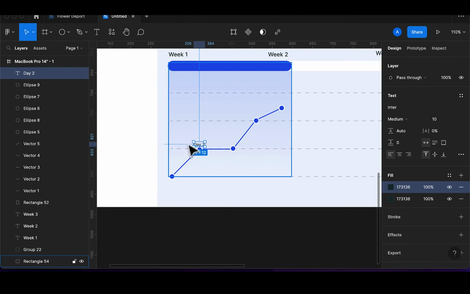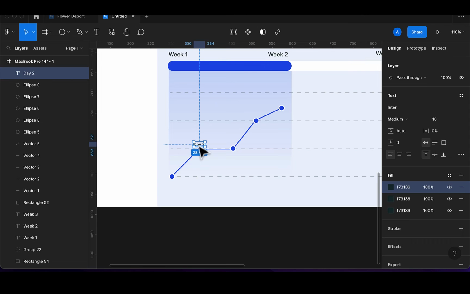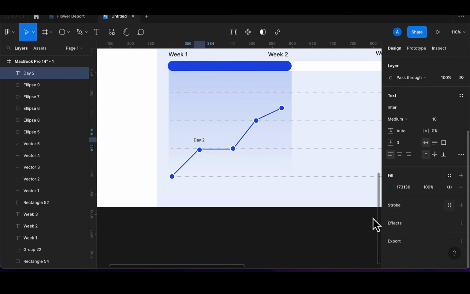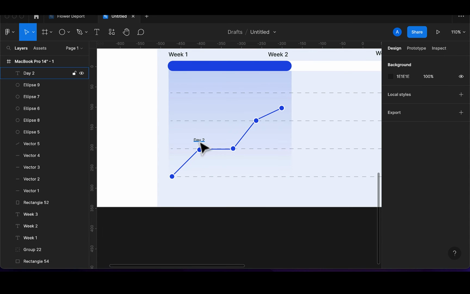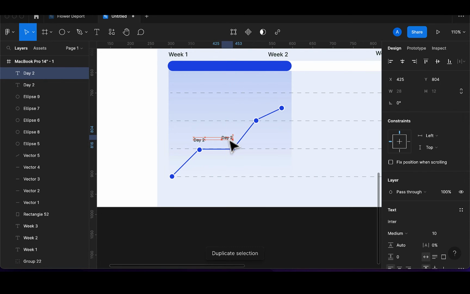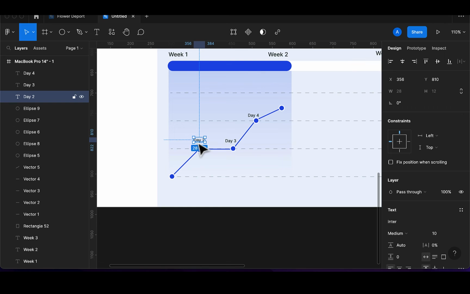Click Ctrl D to duplicate. I'm duplicating the color, please, not the text. So I'll make sure I select the text, Ctrl D, and then I have D2 here. So this would be D3 here. So Ctrl D, and then this would be D4. Since we're not sure which day is that, Ctrl D here, I'll just put D1